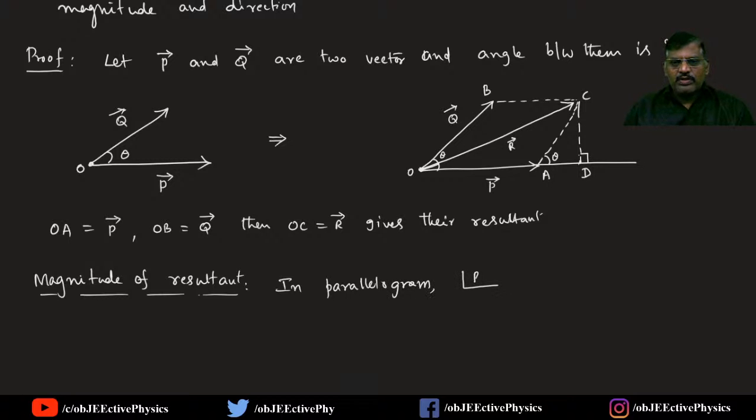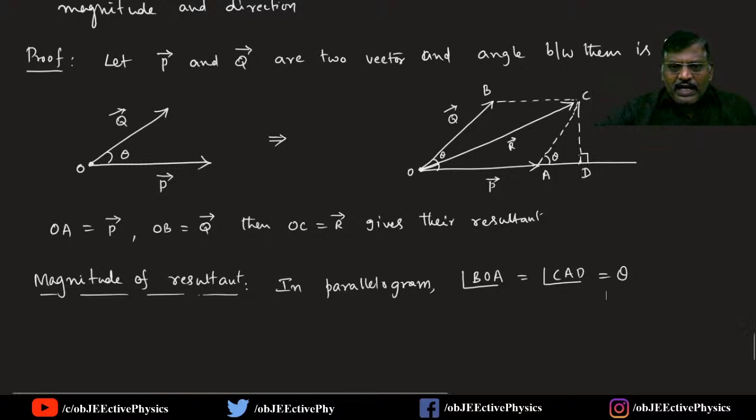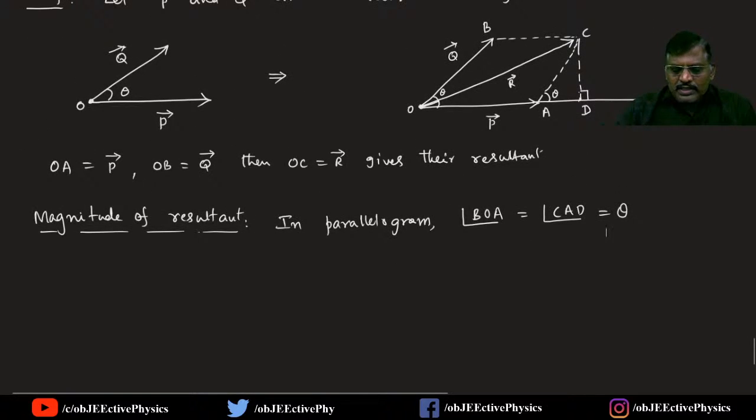Observe the diagram: angle BOA is equal to angle CAD, which is equal to theta. It is the same angle theta at O as well as at A. Now, for the extended sides, we don't know the length of AD as well as the length of CD. To find the lengths of AD and CD, let us take a small triangle